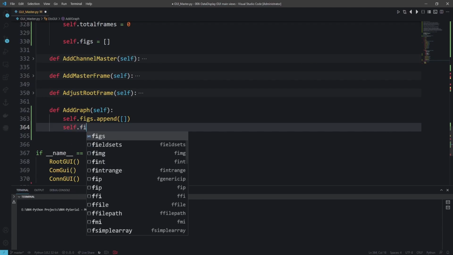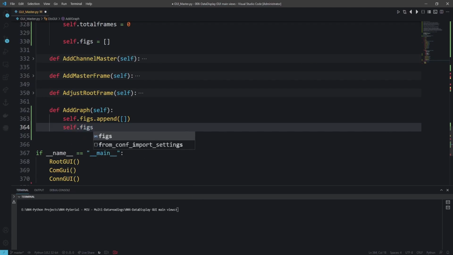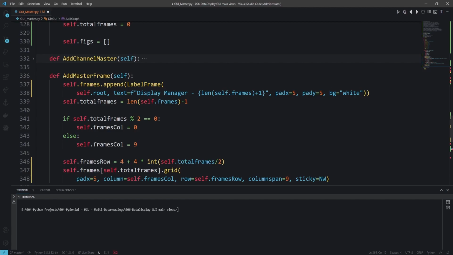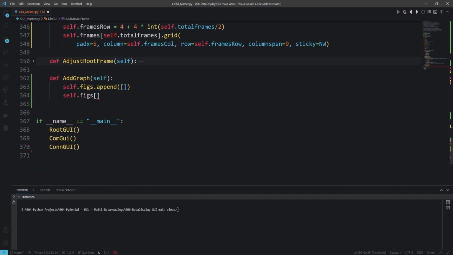So inside figs, for the index, we are going to use a very helpful index that we already saved here, which is self.total_frame, and we put it here, and we are going to append to that because it will have the same index as the number of frames that we will have. So inside the append, what we will do,